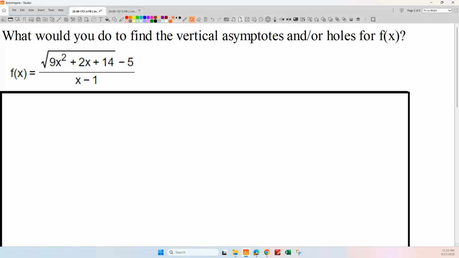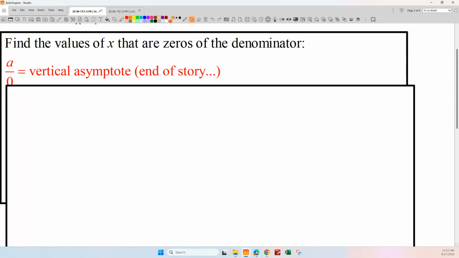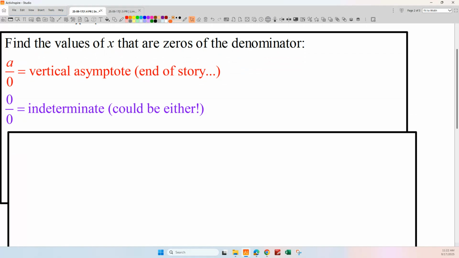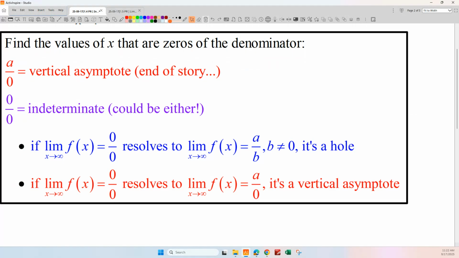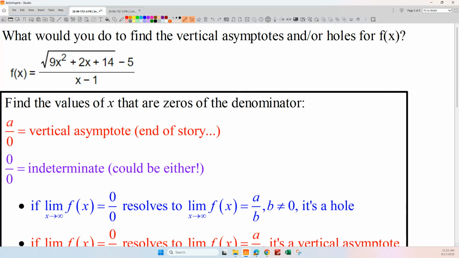So if we do that, we're going to find all the values of x that are zeros of the denominator. And then if we end up with some number over 0, it's a vertical asymptote, end of story. If it's indeterminate, we got to do something. And then we have to do more work and see which one it is. What do we get here? In that case, that it's indeterminate, if that resolves to a numerical answer, it's a hole. And again, if we get a number divided by 0, it's a vertical asymptote. So what happens here? What is, if we try to take this limit,